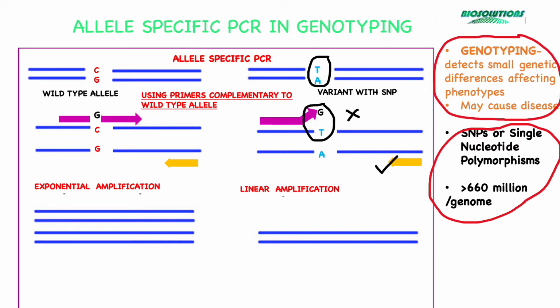a PCR product. However, wild-type forward primers are designed such that they do not anneal with the gene template at their 3' OH end if the template sequence has a single base change or SNP. In that case, wild-type gene gets exponentially amplified, but the gene with SNP only amplifies through reverse primer. Thus, a linear amplification is achieved.